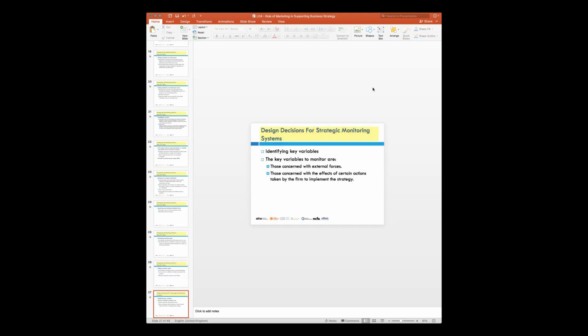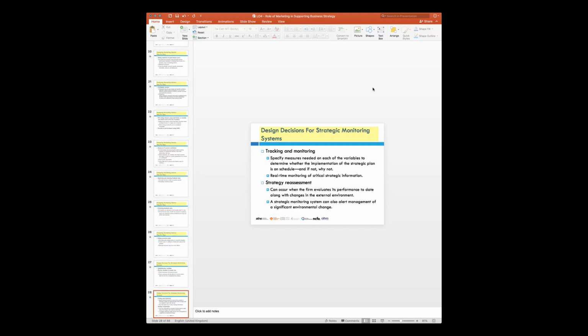Now, when you look at the marketing activities, we also tend to understand what the key techniques are to monitor these activities. And this can be looked at from an angle of,